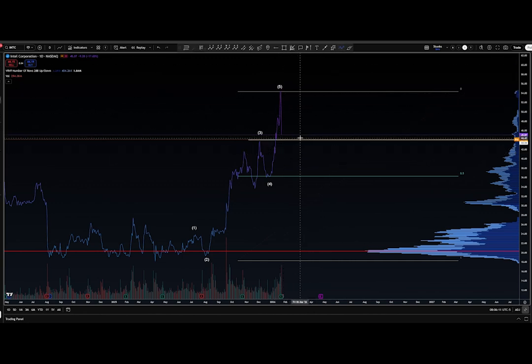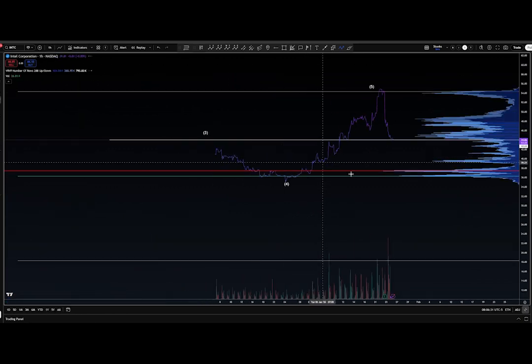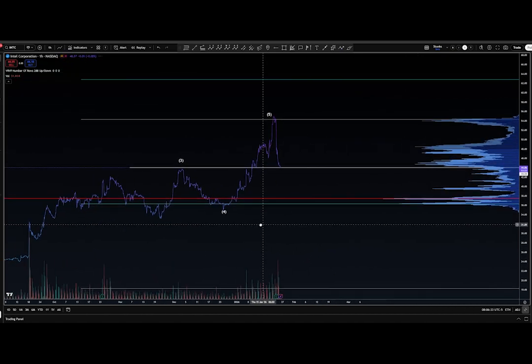So what we would like to see is that when it does resolve, we're not going to call for its resolution. It's pre-market here when we're doing this weekly outlook on Monday, and it's still showing weakness to the downside. We're not going to call that, we're not even going to speculate on the low for that move in this video. However, we can say that if we come down here to the 1 hour, when it does resolve, we should expect to see,